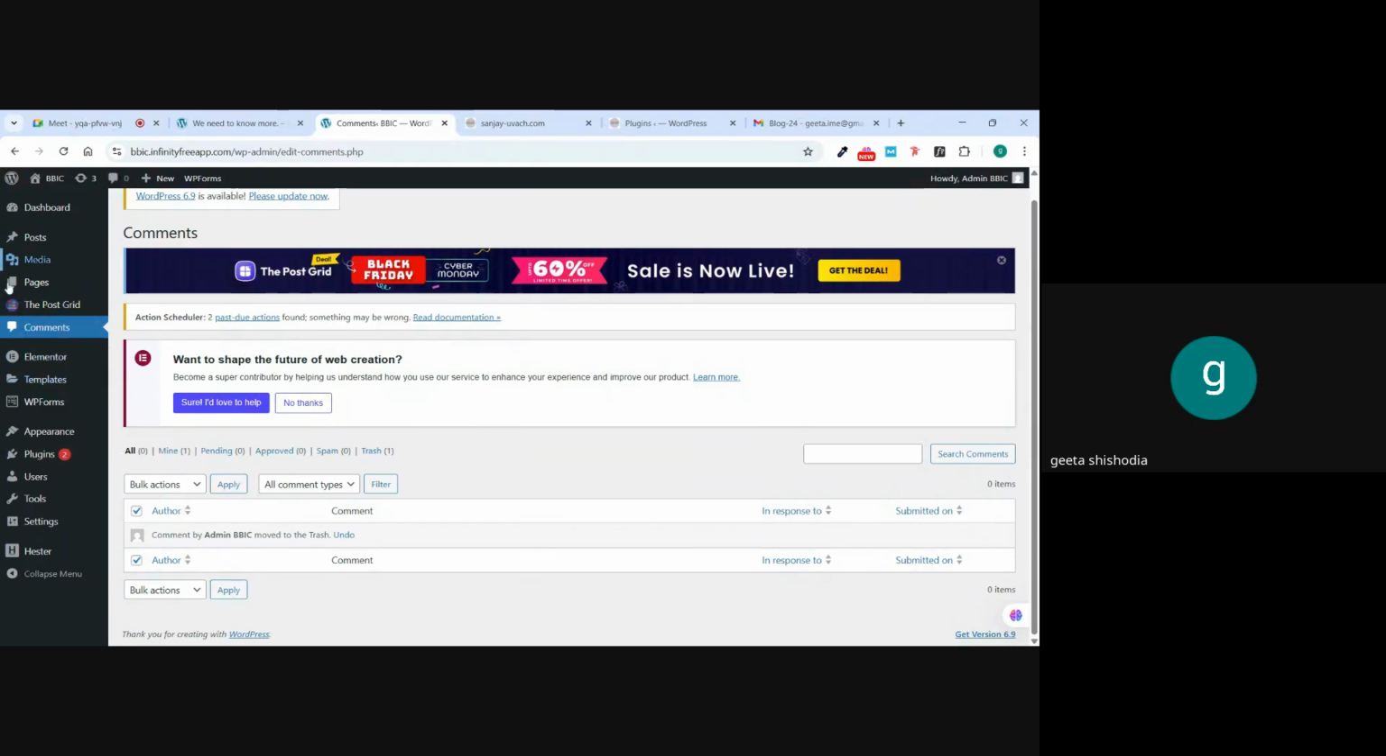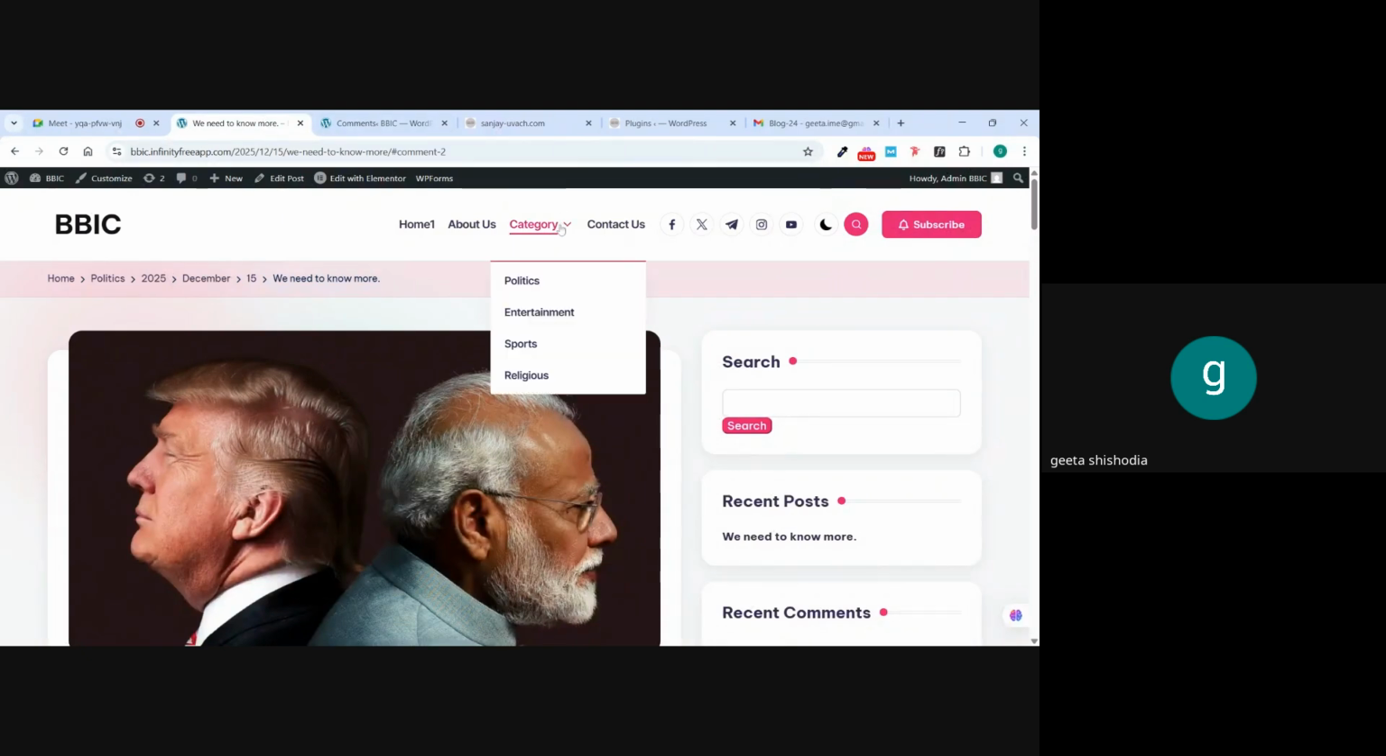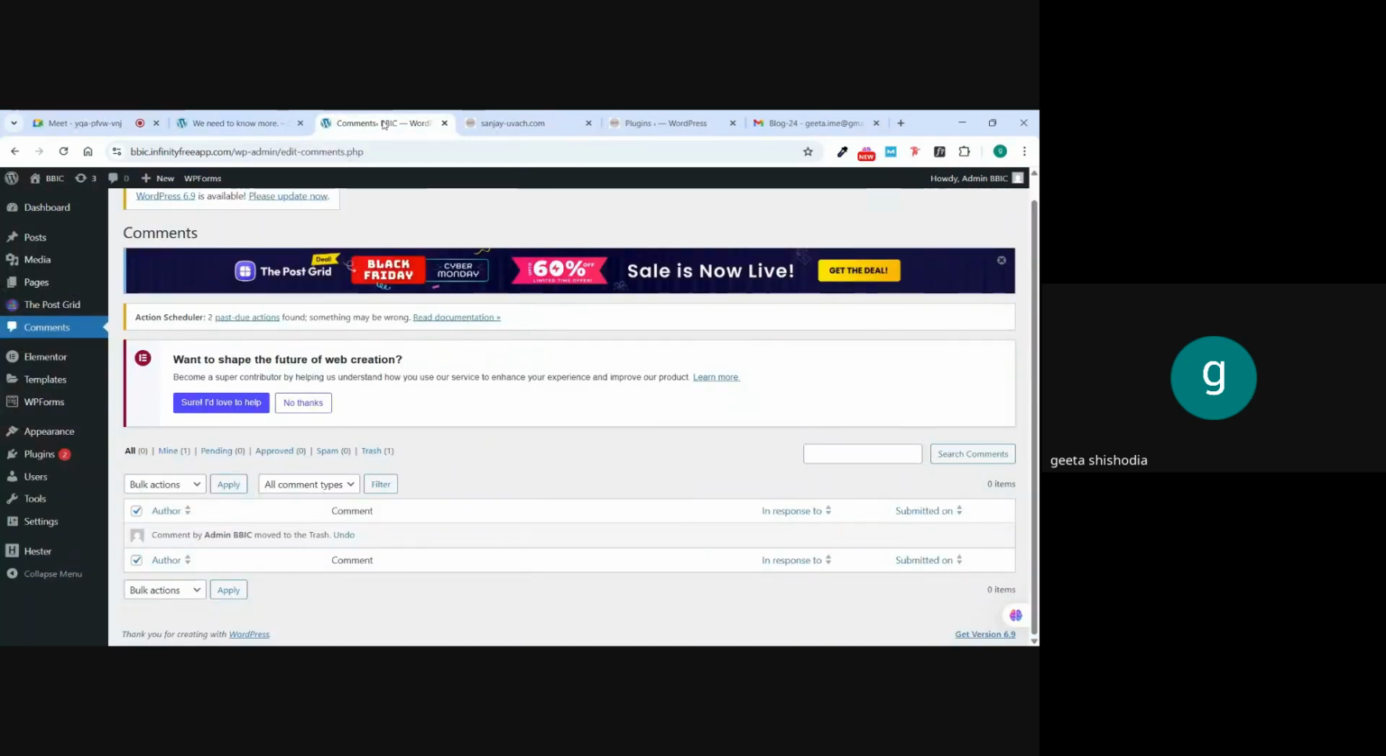But before adding the post, let me create the categories. So let's see what categories do we have: politics, entertainment, sports, and religious. Okay, so let me create a new category of sports, because I have a blog on sports. So let's go to posts and go to categories, click on it,